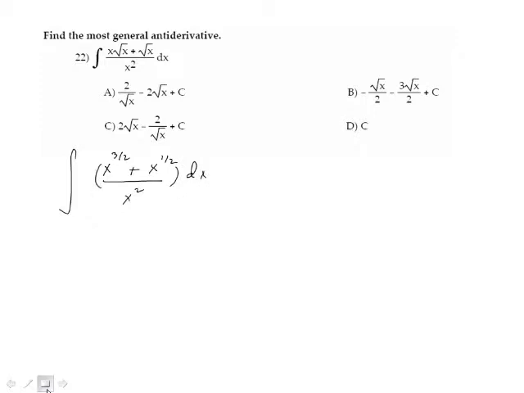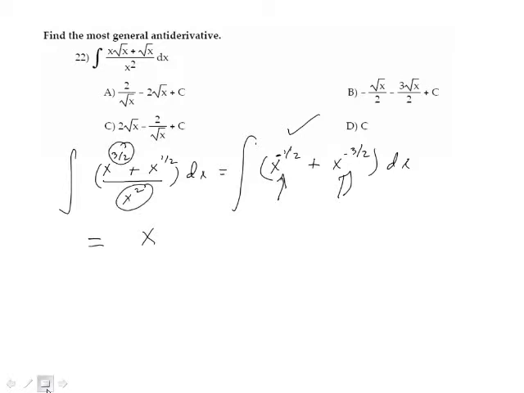dx, which is equal to the integral of x to the 1/2 plus x to the minus 3/2. And now we're going to take the antiderivative of each individual term. This is x to the minus 1/2 here, folks. Notice that x to the 3/2 divided by x squared is x to the minus 1/2. I think I've got the signs right on everything else. So this is going to be x to the minus 1/2